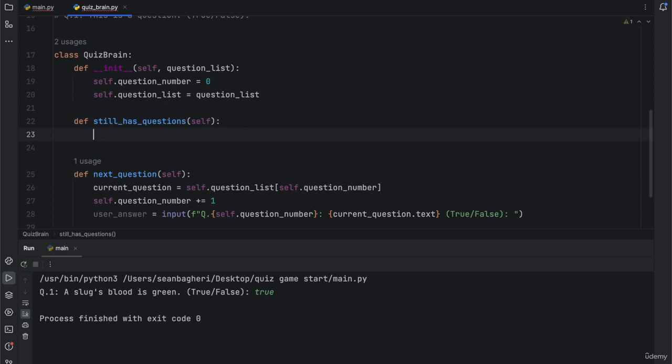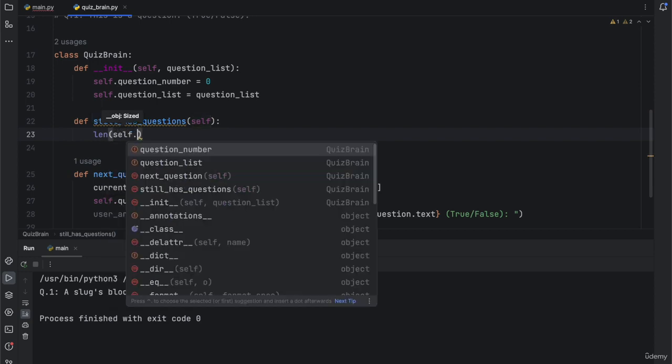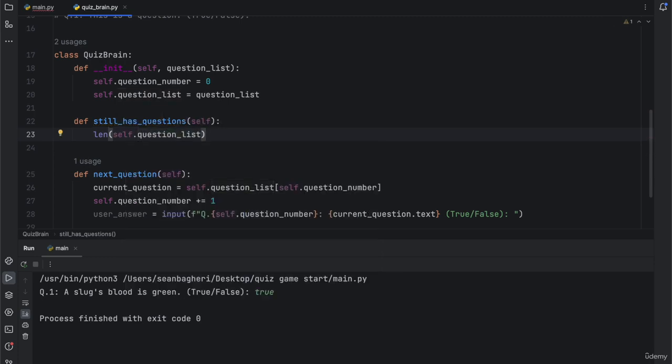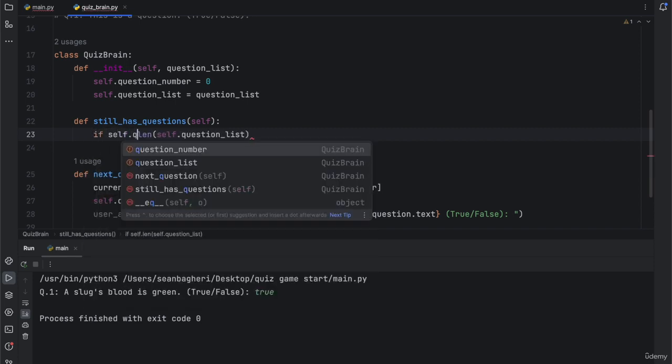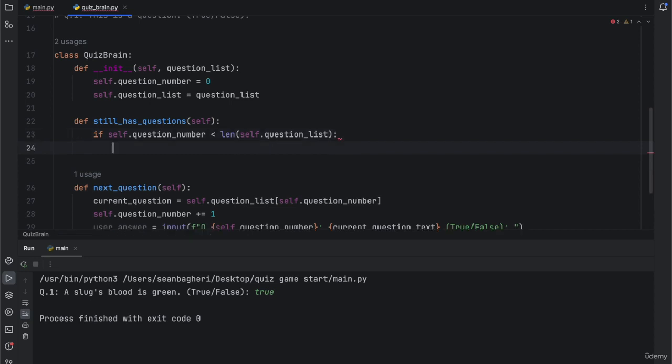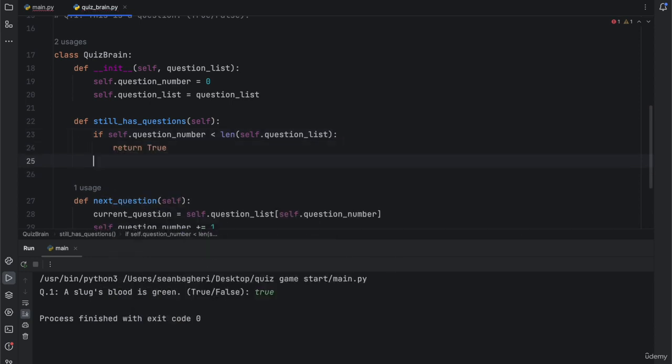All right. So we know that we can use the length function to get the length of something. In this case, we can use len to get the length of the question list. So we know that we can do this. Let's check this against the question number. Again, we know that we have this question number here. So, for example, I can say if self.question_number is smaller than the total length, we can say return True, else